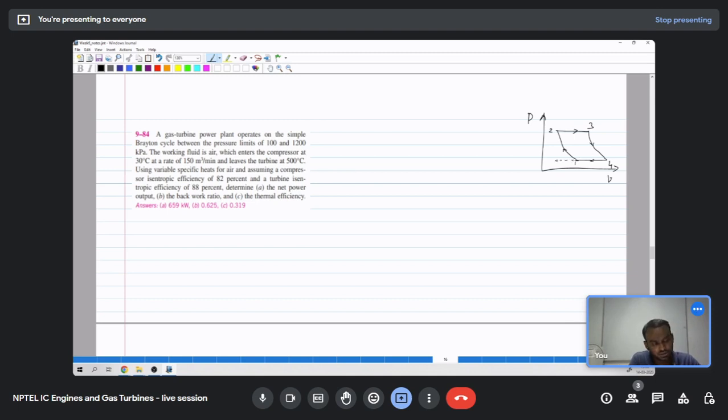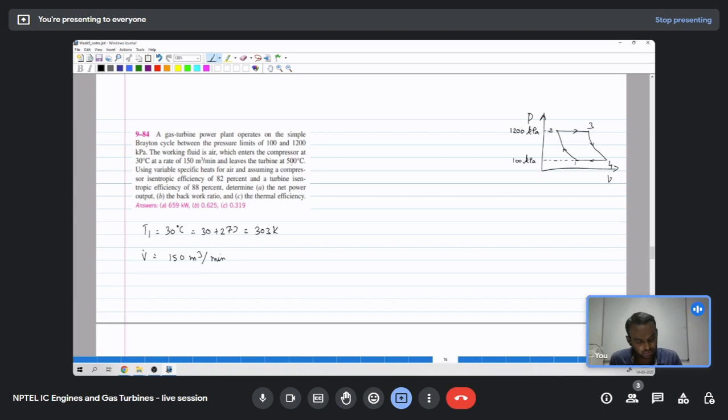This pressure is given as 100 kilopascal, and the upper limit is given as 1200 kilopascal. The working fluid is air, which enters the compressor at T1 is 30 degrees Celsius, which is 30 plus 273, which is 303 Kelvin. And the volume flow rate is given, which is 150 meter cube per minute